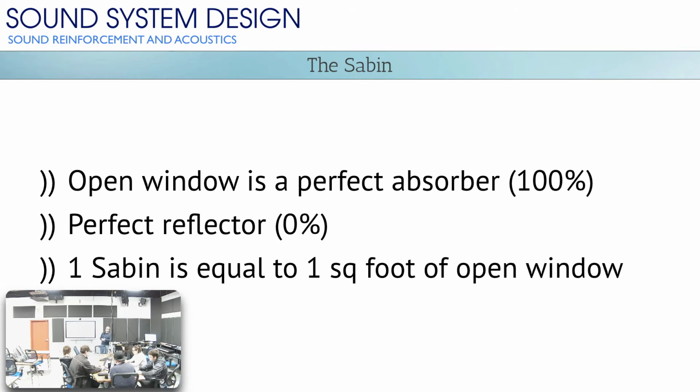And so he essentially invented a unit of measurement, which is really kind of cool. This is a really smart person. He invented his own unit of measurement, and the unit of measurement involved absorption. How much absorption? And he said, well, how could we measure this? How could we measure sound absorption? And he said,